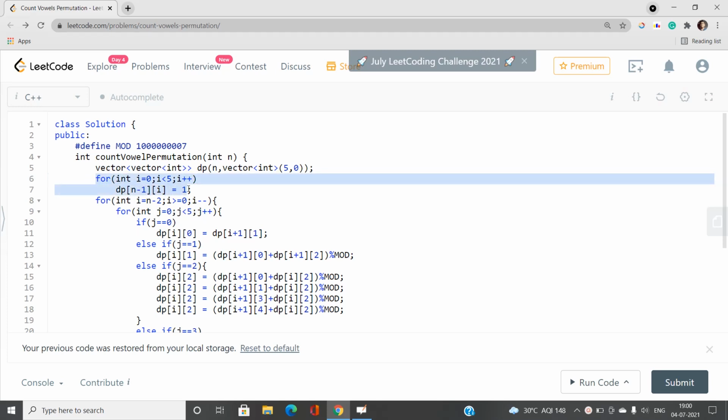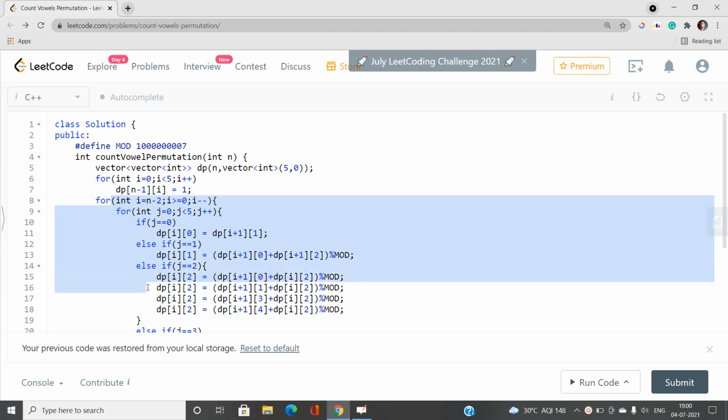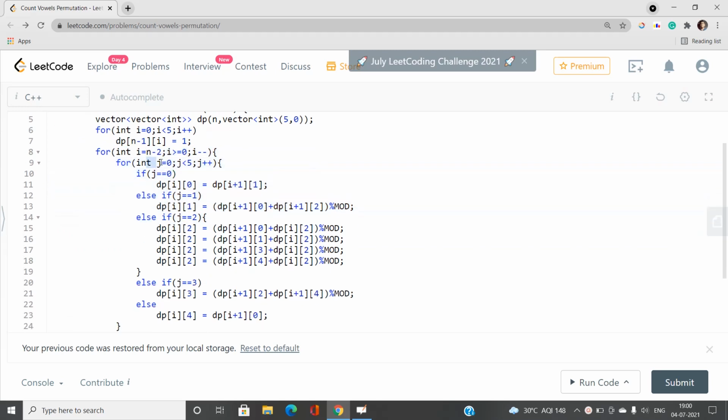I've just filled up the last row as 1 for every entry. I start from the n minus second row and go up to the 0th row, and for every j equal to 0 to j equal to 5, for my current j equal to 0, I can just pick up the next one. Note that j equal to 0 signifies A, and j equal to 1 signifies E. So A should be followed by E, so I've taken the i plus 1 row and j equal to 1.